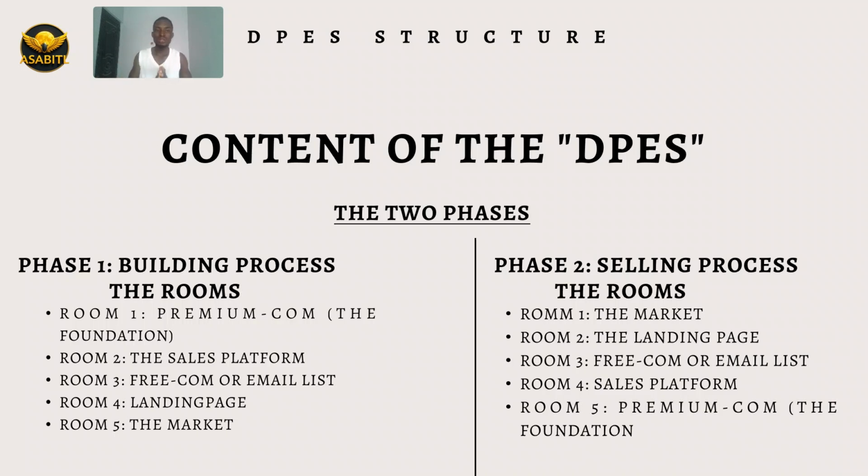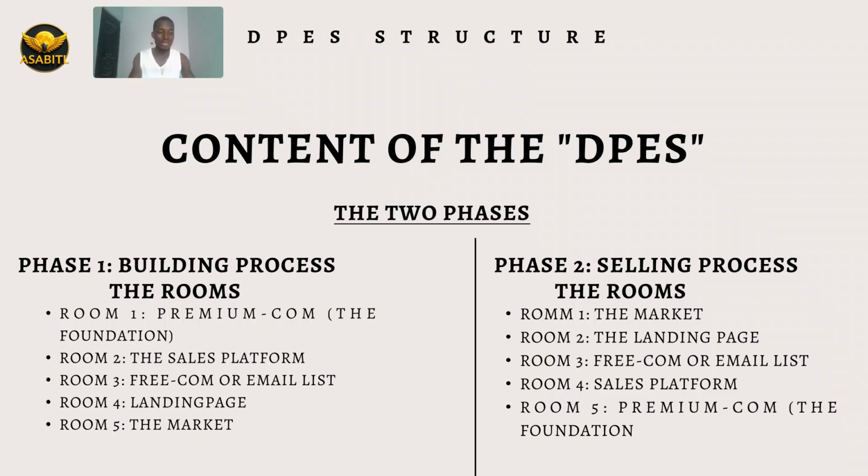In the Digital Profit Engine System, we have two phases, because on the internet, believe me, behind the scenes of everything that you're seeing online, there is a structure behind it. Without the structure, sales will not be possible. So that is where I want you to put your mind today. Just put your mind in knowing that there is a structure behind every online business. Without the structure, there is no online business. And that is the same structure that I want to show you in this video.